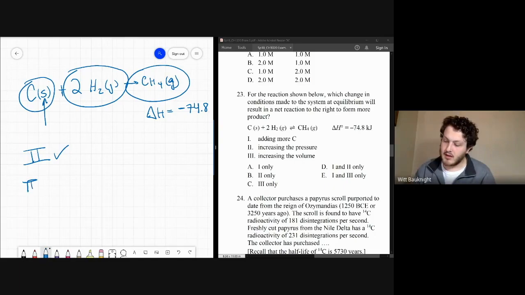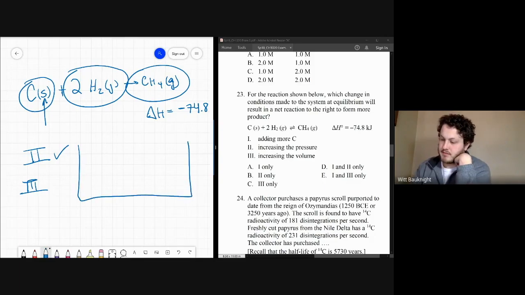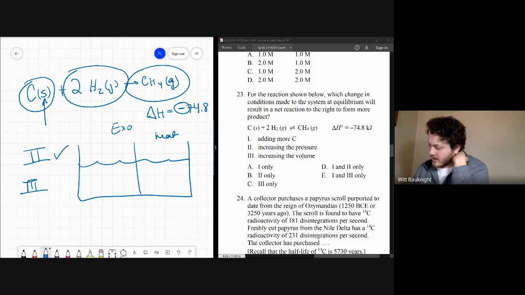All right, now statement number 3. Let's bring up the fish tank analogy again. Now for an exothermic reaction, we know it's exothermic because delta H is negative. Heat is more of a product. So I misread the problem. We are